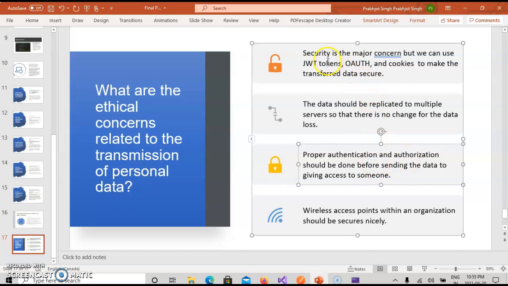We can do authentication and authorization with JWT tokens and OAuth authentication or even cookies. We can also replicate our data by having multiple servers on the client side, so that even if one server goes down, the other two are there to serve the clients. And we can use encryption and decryption also for authentication and authorization purposes.